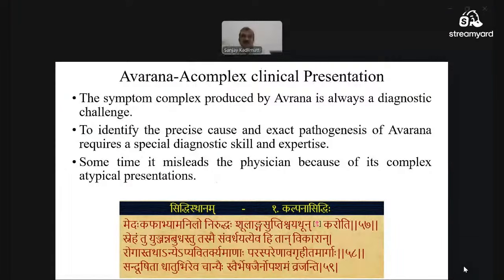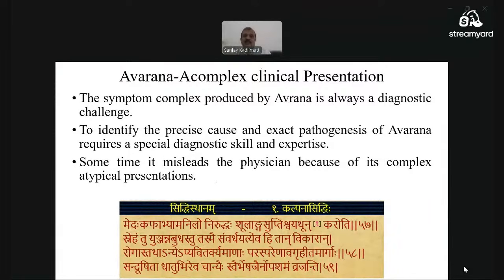We just saw the symptoms, that is shula, angasukti, and shvayathu. But still we didn't doubt. As shula was there, we thought it is Vata, and we used sneha. What happens? The symptoms are increased. Samvarte tevahi tan vikara. Rogaha tata anyapi